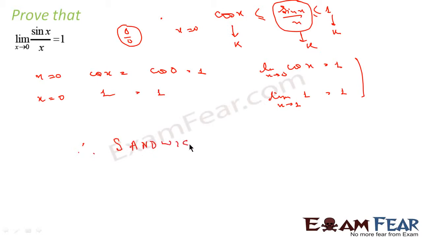Now I can assume by the sandwich theorem that limit of x tends to 0 of sin x by x is nothing but 1. Why? Because we were told that sin x by x is always less than or equal to 1 and greater than or equal to cos x, and then we found the values of cos x and 1 as x tends to 0. Both values came out to be 1, and since the values are the same, we can confirm from the sandwich theorem that sin x by x is equal to 1 for x tends to 0.